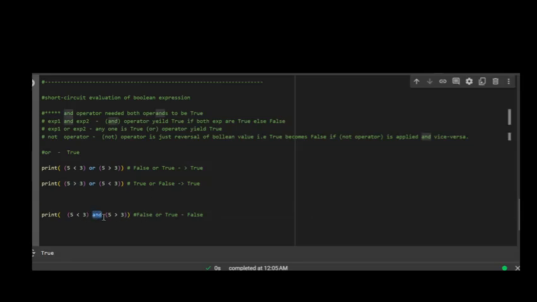So when does and become true? When both of the values are true. When does and become false? When any one of them is false. So if any expression becomes false, let's say the first expression becomes false, do I need to even take care of what the second expression is saying to me? No. Do I need to evaluate it? No, because I know once it becomes false, the end result is going to be false. Similar is happening there. So this is short circuiting,